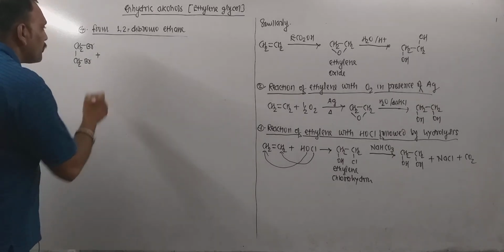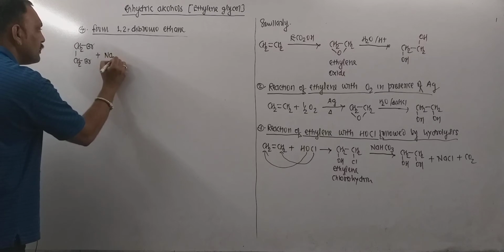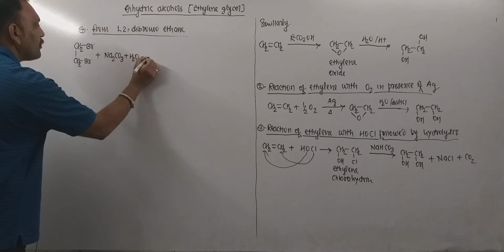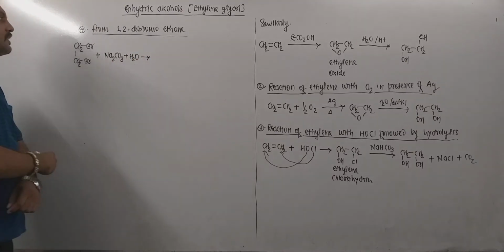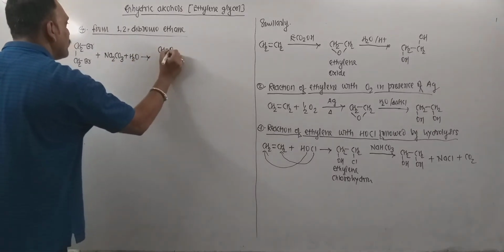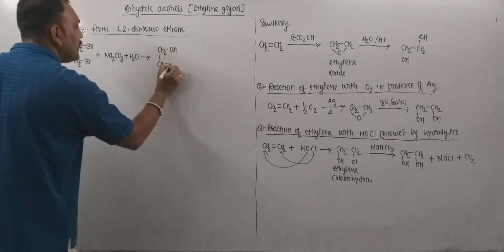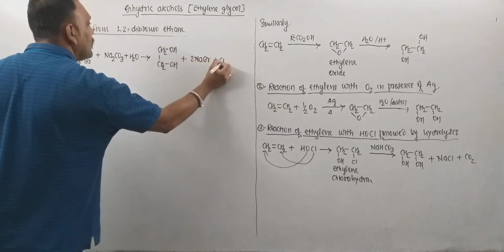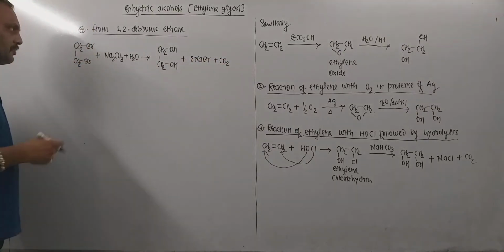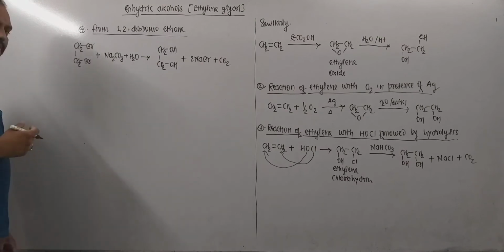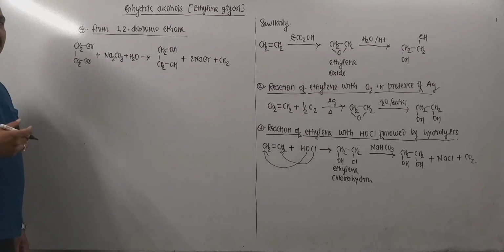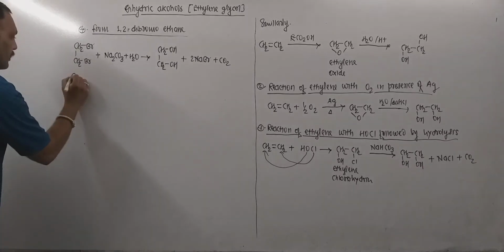So what we need to do, we need to heat this ethylene dibromide with aqueous solution of Na2CO3. So when we do this, that directly lead to the formation of ethylene glycol along with NaBr, and liberation of CO2 is expected as well. So in this manner, one can prepare ethylene glycol, and remember, this is a laboratory method. So in short scale, ethylene glycol can be produced in this manner.